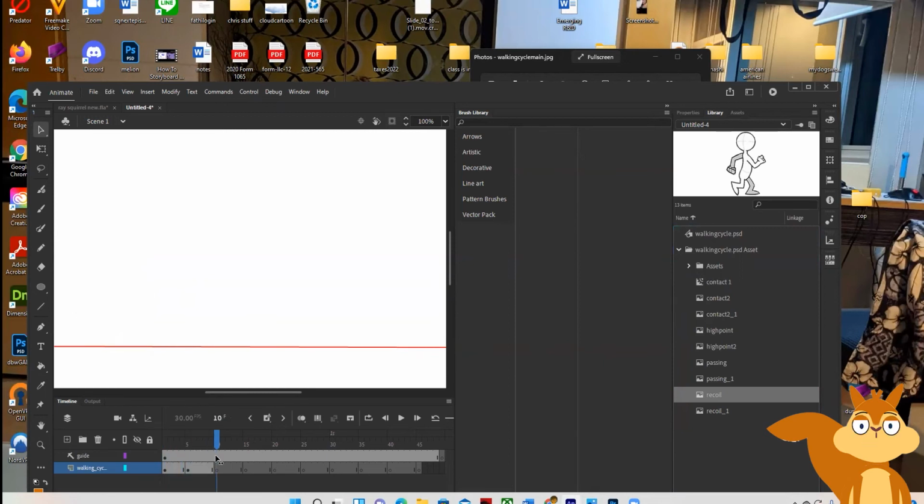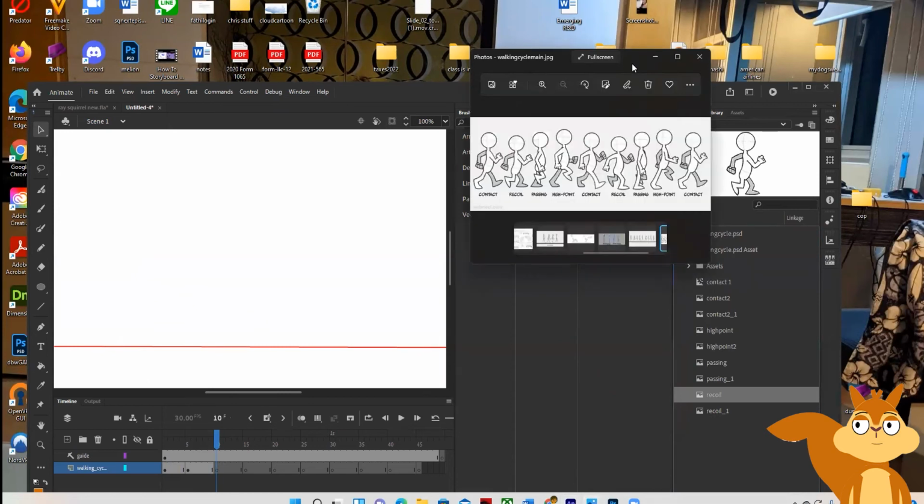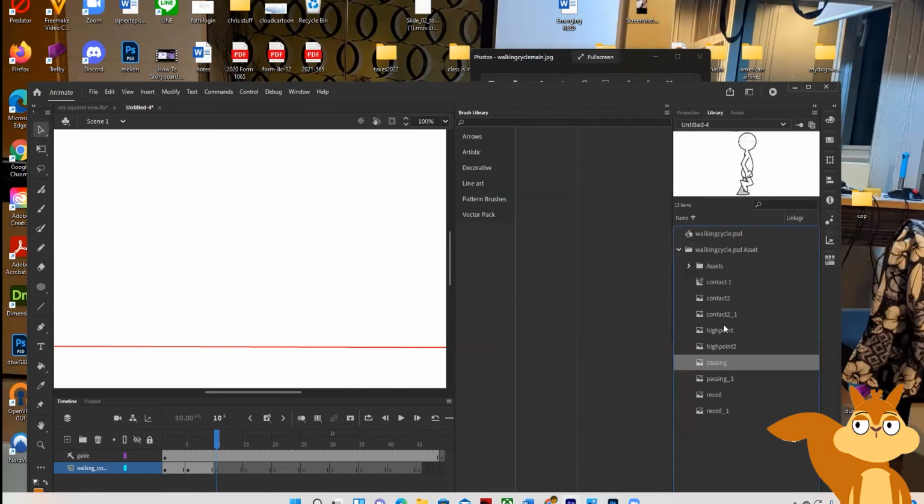Yeah. And then we're going to go to the next one, which is passing. Going to hit passing. Make sure that it's lined up like that one. That's the one you want for passing. We're going to go passing. And that's it. That's the right one. So grab that. We drag him